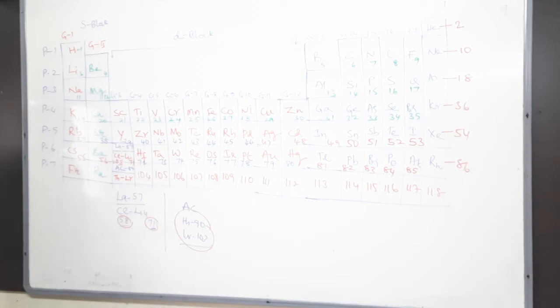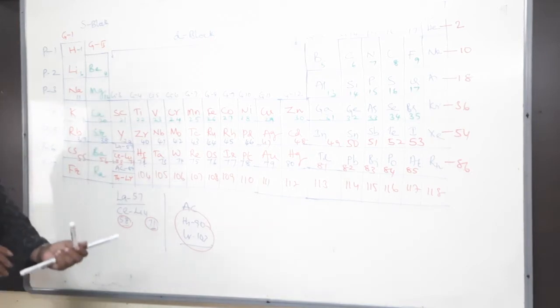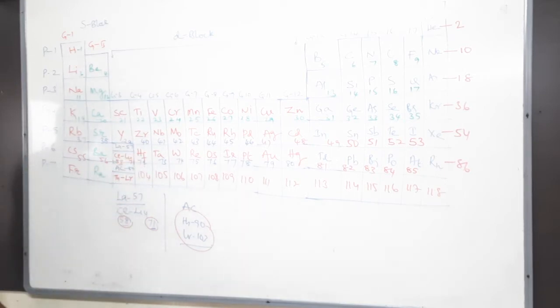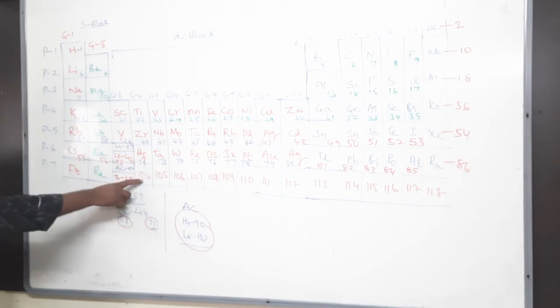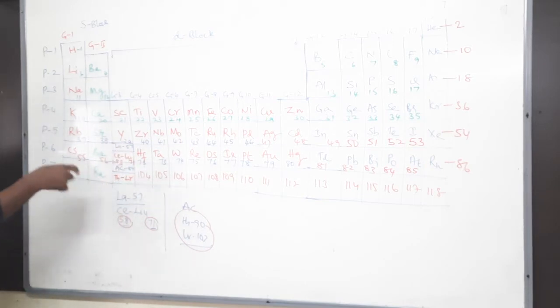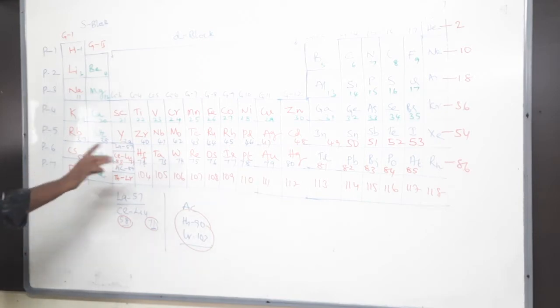Okay. Next, question is like this. The atomic number of an element is 110. It belongs to which period, which group? Right, you remember, of course, the period is only what? 7th period. Remember, atomic number more than 104, or more than even 100 also. Atomic number more than 100, all are 7th period, because 7th period starts from where?